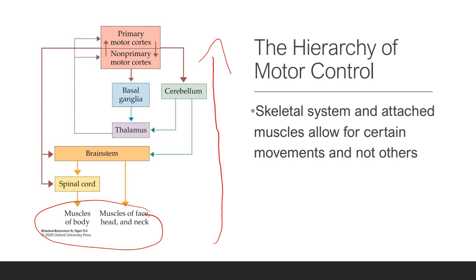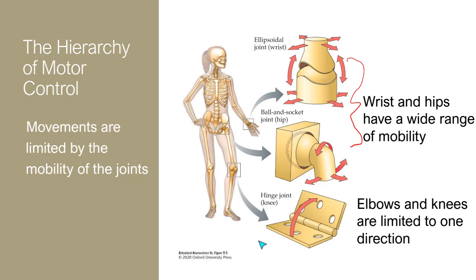The muscles in the body, the head, the face, the neck, are attached to the skeletal system. And the way that our bones are attached to each other allows for certain movements and not others. So our skeletal system is limited, and a lot of our movements are limited by the structure of our skeletal system. So if we look at this,